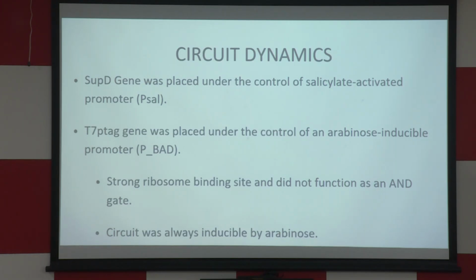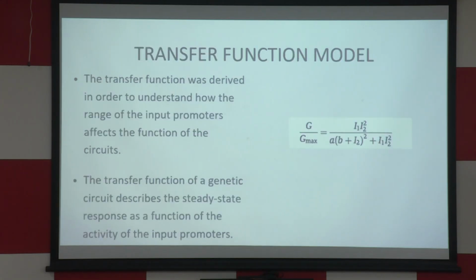It was because of arabinose, because it was not dependent on SupD or on the salicylate-activated promoter. The circuit was always inducible by arabinose. So for that, they introduced some mutations so they could handle the situation